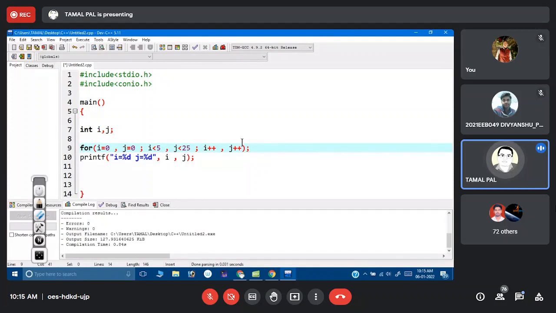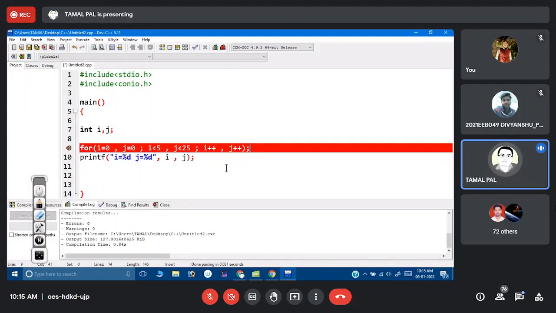So initially you have put that semicolon. Putting that semicolon means it will not print. The loop will run here actually, and this segment is considered outside the loop. Okay, and that's why when these two things are running, say, parallelly, i equal to 0, i less than or equal to 5, i plus plus, j equal to 0, j less than or equal to 25, j plus plus. So instead of that, if I write some equivalent statement, maybe it will be clear to you.